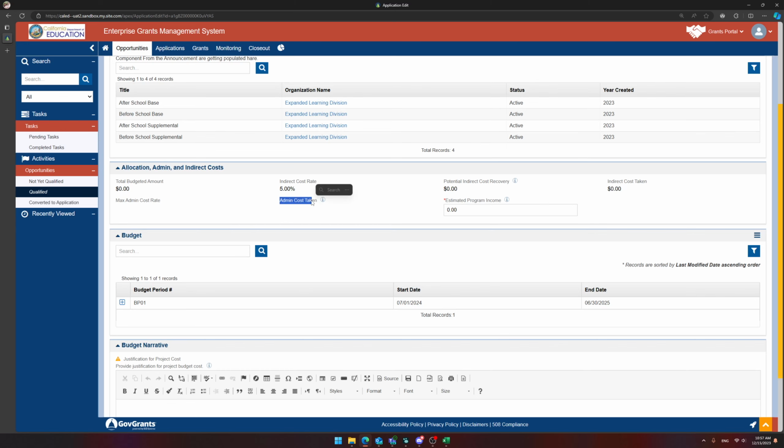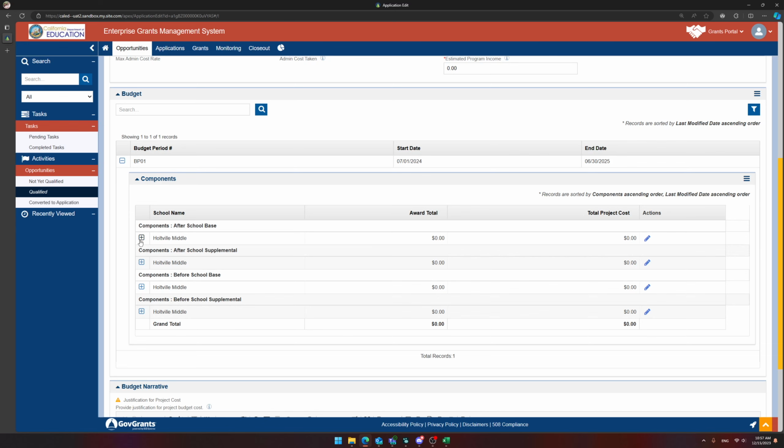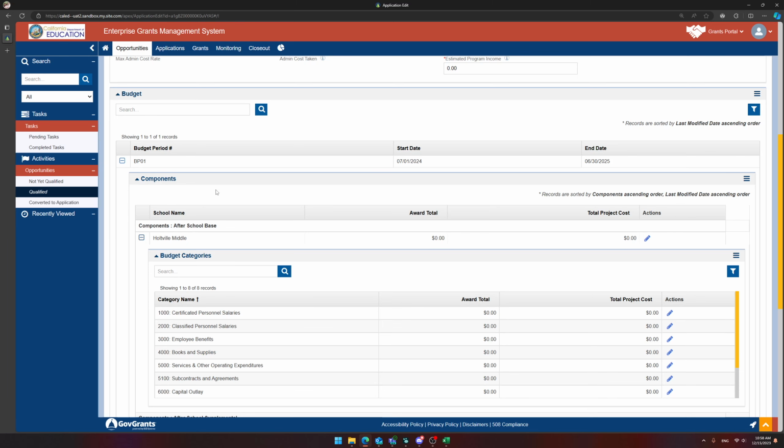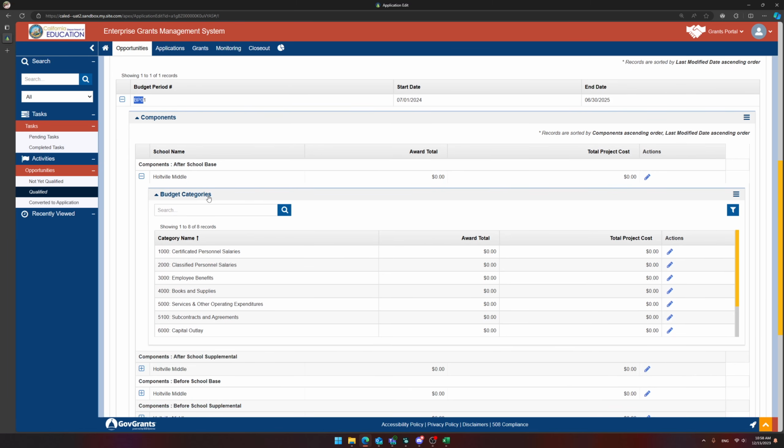From there, we've got the budget, which we can work on. And the way that for EXLD the budget is broken down is by budget period first, which we already discussed as part of our announcement demo. And then from there, we have the components table where the components are listed. And under each component, every school is listed with the amount that the school is requesting. And then from there, the budget itself is broken down per school. So you're broken down from budget period down to the component, down to the school, down to the individual object code, and everything can roll back up.